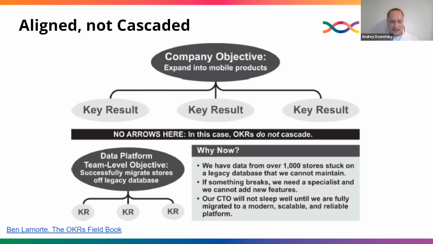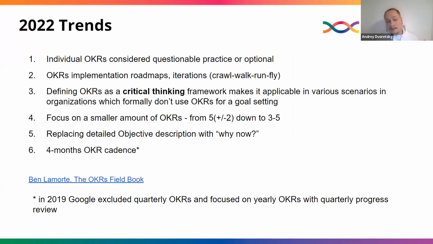This picture, by the way, is borrowed from Ben Lamorte's book, the OKRs Field Book, which is one of the best studies, in our AgileLAB opinion, in the OKR world right now. It was published less than a year ago in spring, and we will provide the link to this book in the description. And there are some other trends and tendencies in the OKRs mentioned in the same book, and we met the same behaviors in our practice, so we agree with them and want to share that